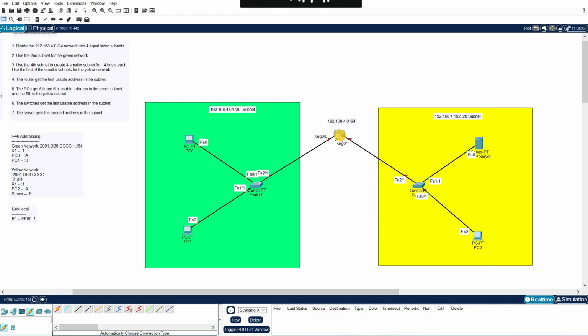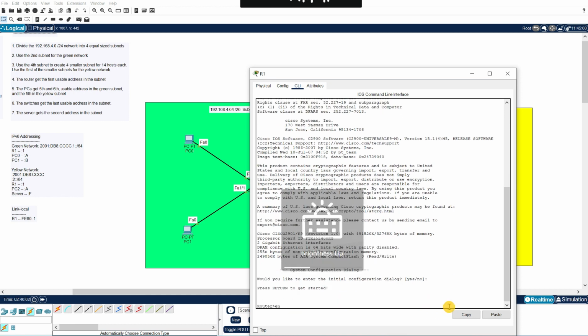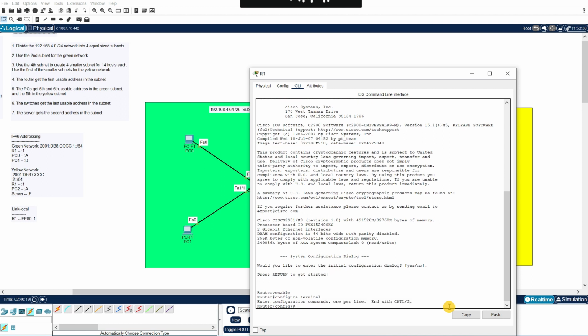All right, so now we're gonna configure the router. Now we're gonna enter the terminal, enable, which puts us in executive mode. Config terminal allows us to access global configuration. Now we're gonna